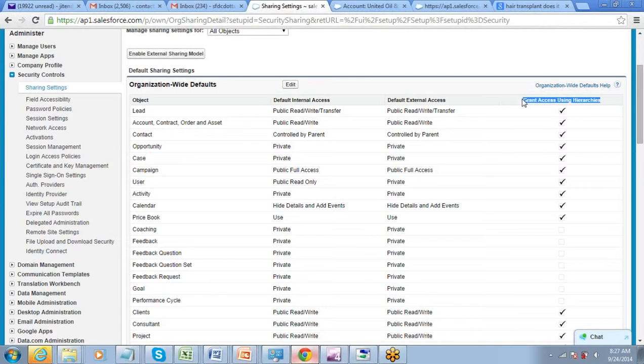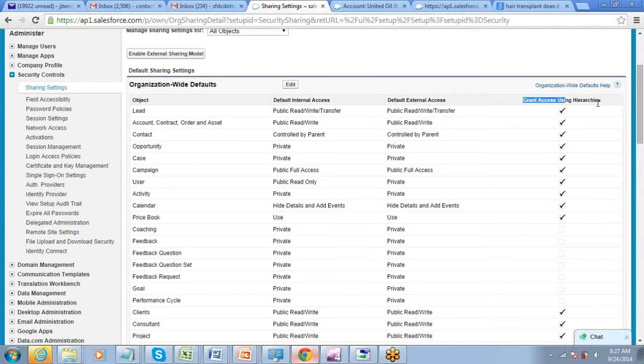If it's public, it's absolutely fine. Public means everyone in the company gets to see it, even the person who does not have any other permission will also get to see it. So public is open to all. Grant access using hierarchy is important only if you are making it private. Then only it matters, right? Because it's private, then only my manager depends on this hierarchy to see that. So if you have the data public, then there is no concept of this. Then don't worry about this. The data is anyhow open to all.